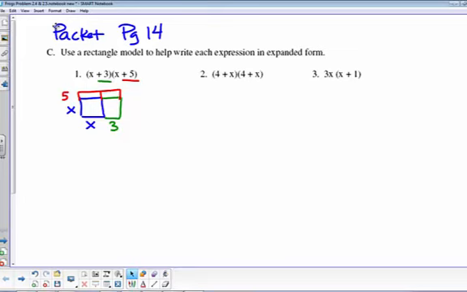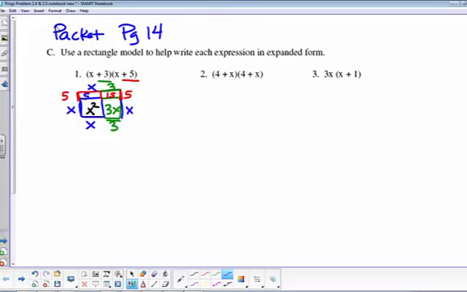So if you look inside, this box is an x squared, because this is x, this is also x. It's the same length. So this box in green is a 3 by x, because this is 3, this is also 3. Same side of the rectangle. So the red box up here is, well, this is 5 and this is also 5. So we have 15. And then the other red box